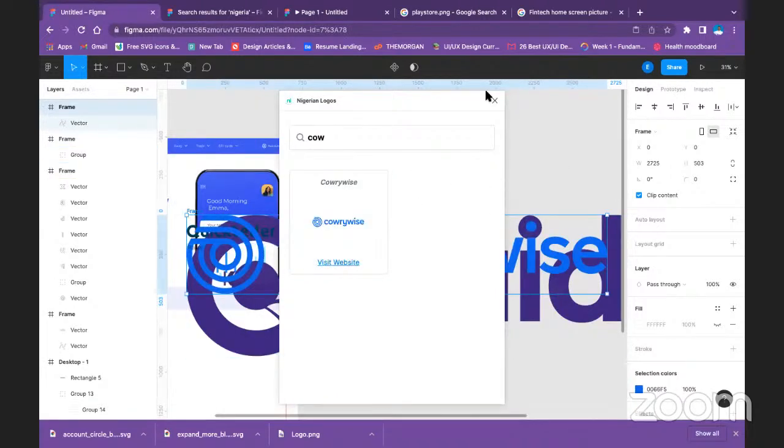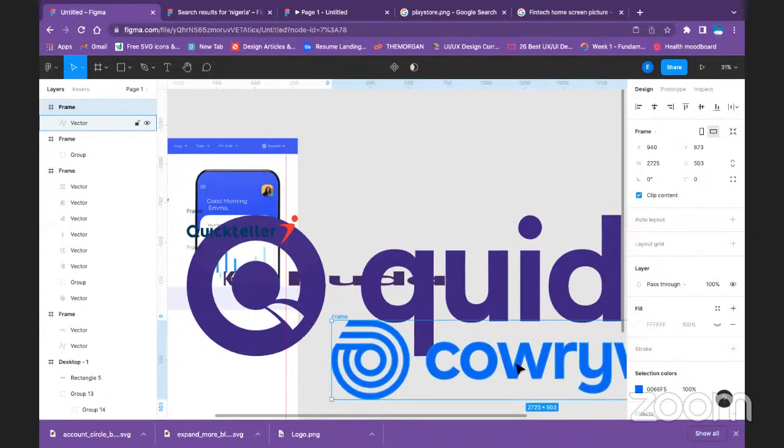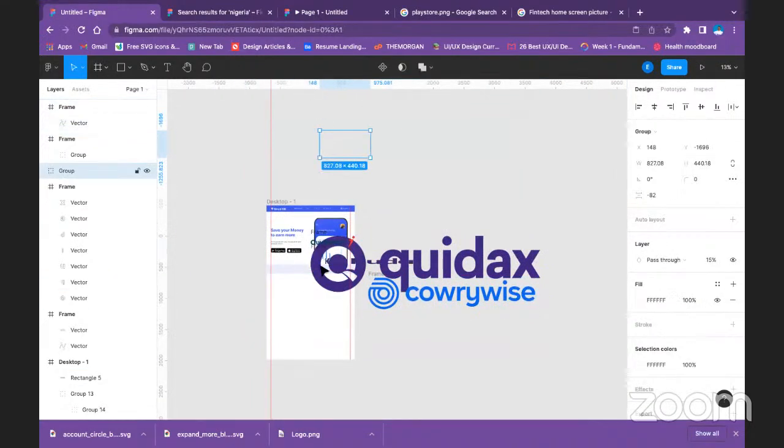So okay, I'm done with this. We can make use of these four icons. So that's a plugin that we most times need. So for Nigeria icons, instead of just